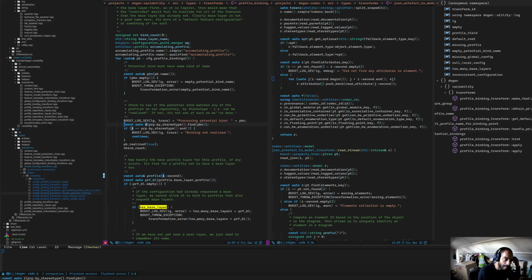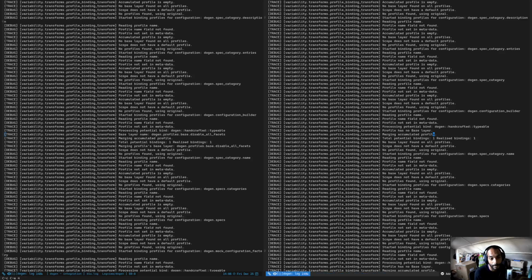So the key seems to be this bit here: PRP by stereotype find PDN. So the potential binding name in the profile repository, and according to our log file,